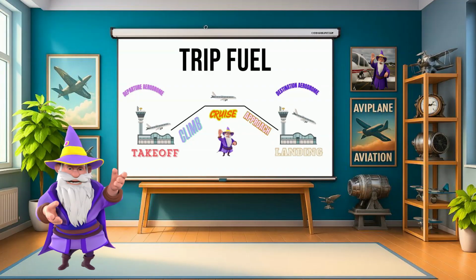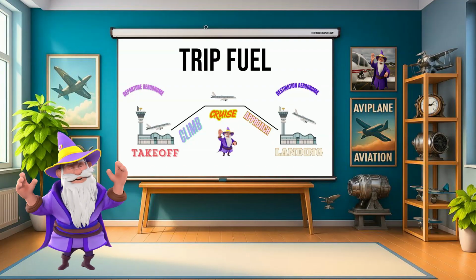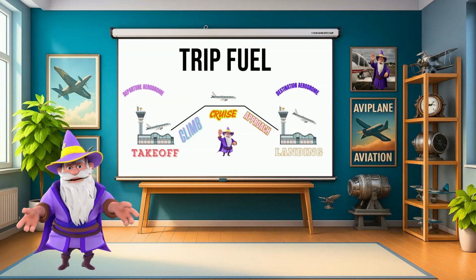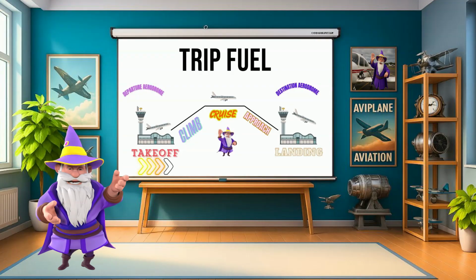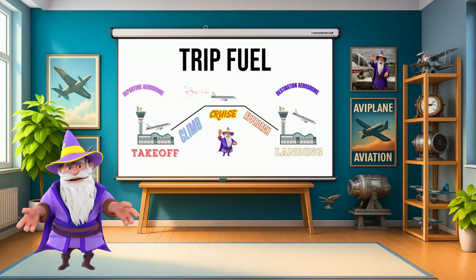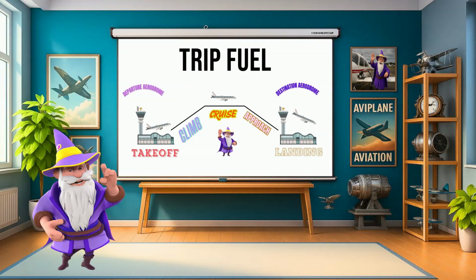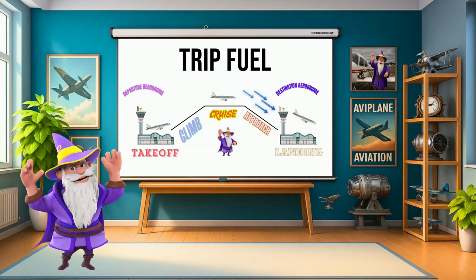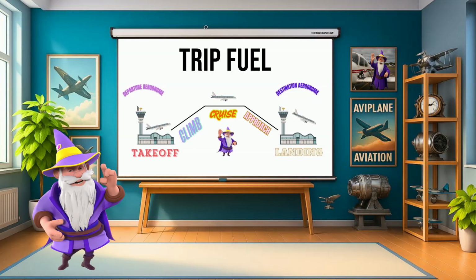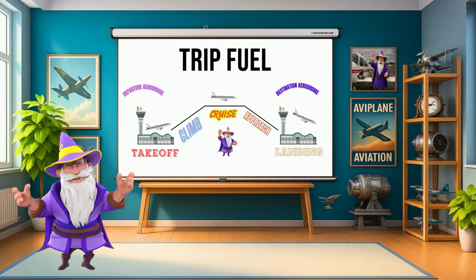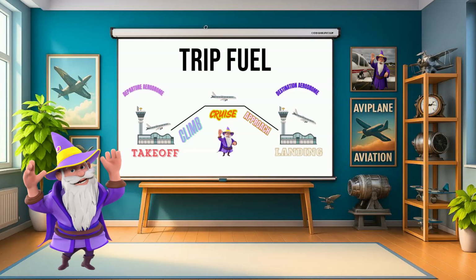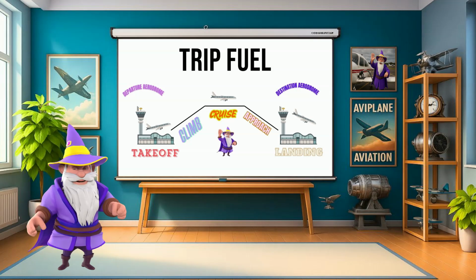The trip fuel is the required fuel quantity from brake release on takeoff at the departure aerodrome to the landing touchdown at the destination aerodrome. This quantity includes the fuel required for takeoff, climb to cruise level, flight in level cruise, including any planned step climb or step descent, the approach and landing at the destination. Trip fuel must be adjusted to account for any additional fuel that would be required for known ATS restrictions that would result in delayed climb to or early descent from planned cruising altitude.